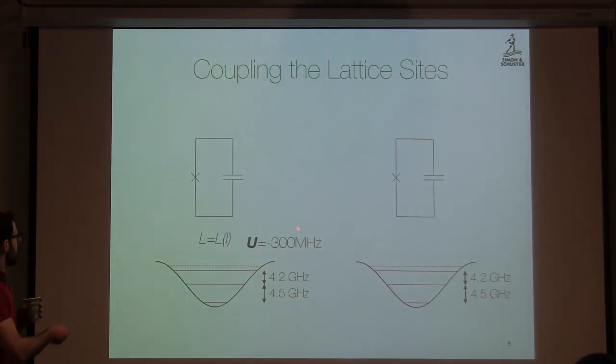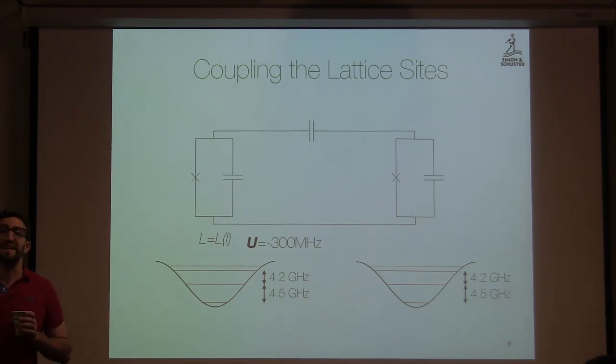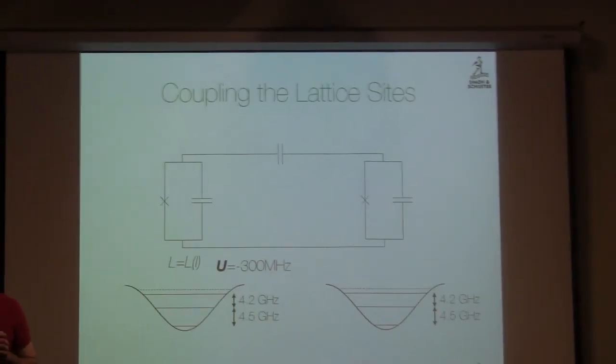So, suppose you have 2 of these lattice sites and you want to couple them together. How do you do it? With a capacitor. And so what you can start to see is the power of this kind of approach is that you literally just lithographically lay down this quantum many-body system that you want to make, or the quantum computer that you want to do it for.